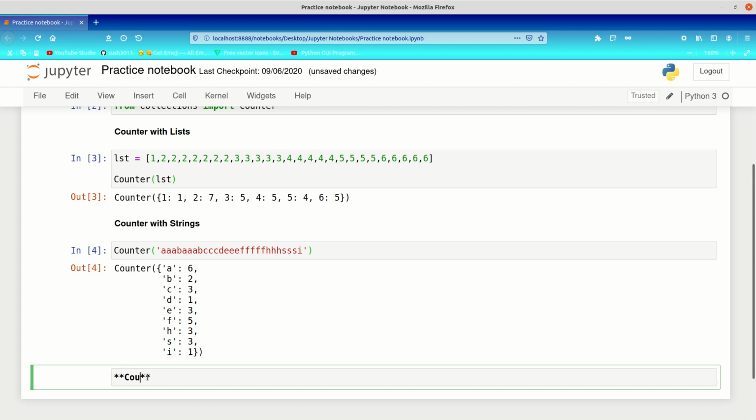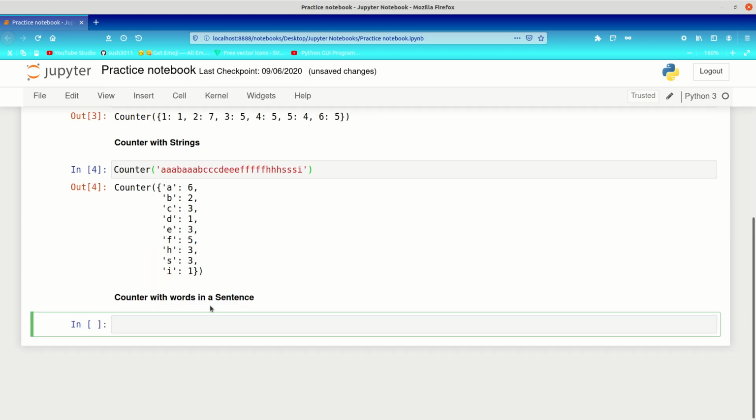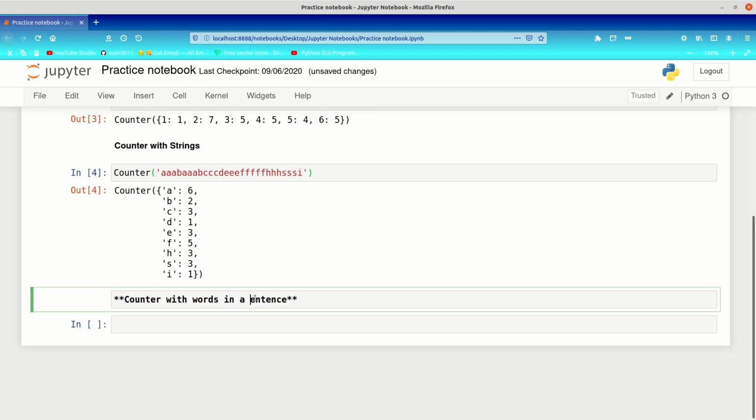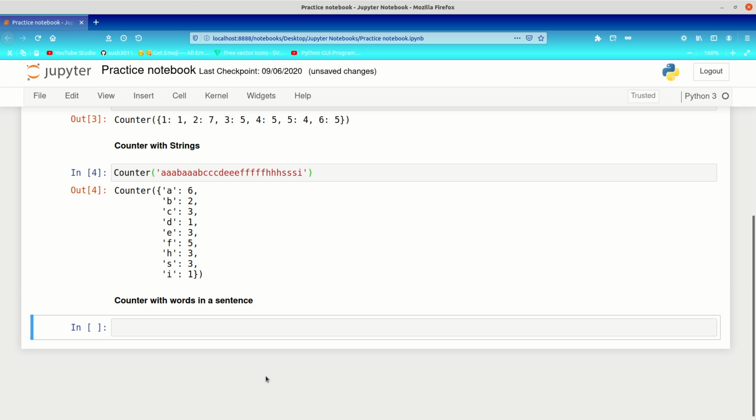And also, what you can do is you can also use Counter with words in a sentence. Okay, so this only works if you actually have proper words. Counter doesn't know how to separate words, so you need to make sure those words come in clearly. So what I'm going to say is my string is equal to